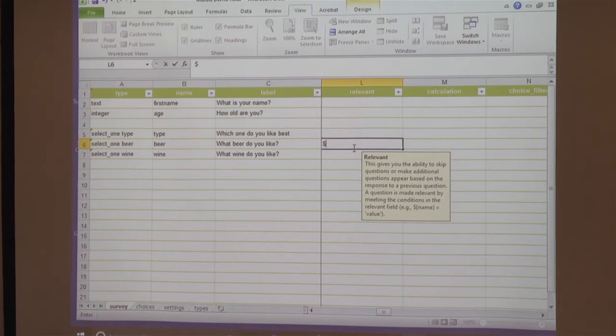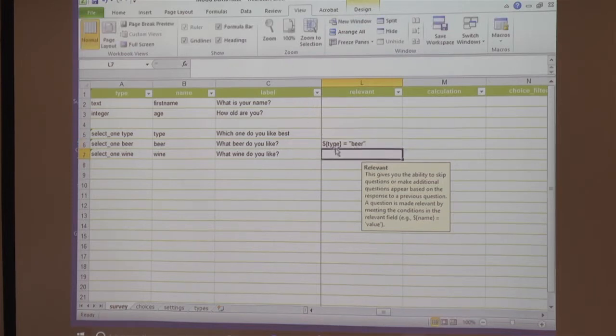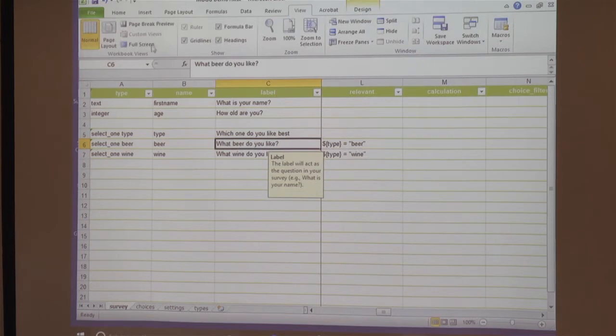dollar sign. And one thing good is if you look at all the examples, and even if you click on the little help thing, it gives you kind of the syntax. But we want to look at that type here equals to beer. And for this one, we want to look at it equals to wine. And if we save that,